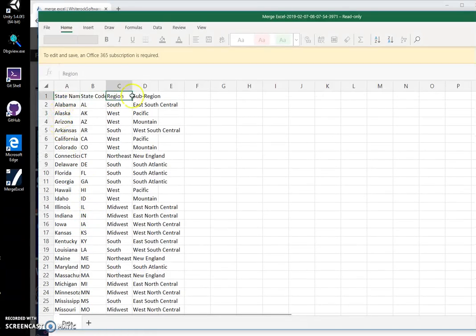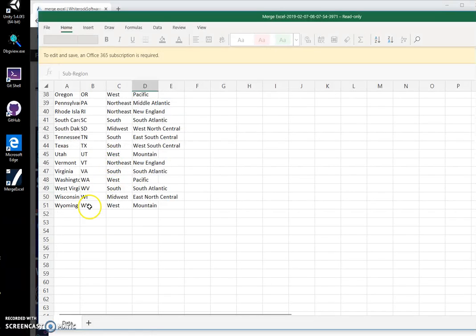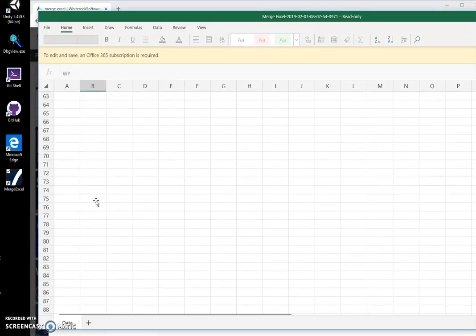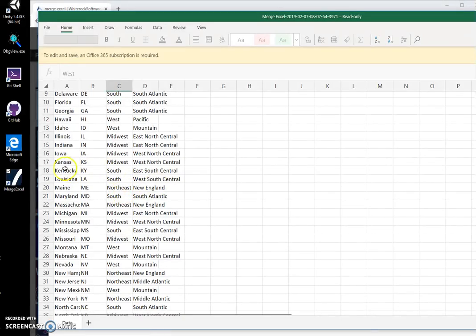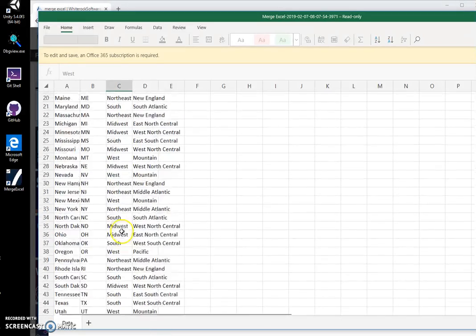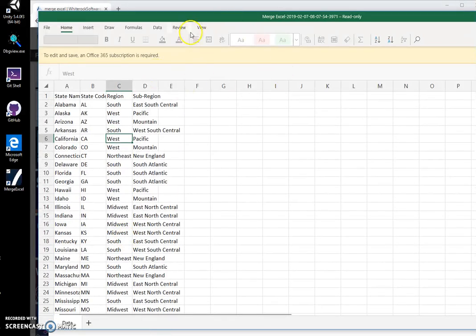All like 50 records. The first record is the name of the columns, and the last record is, and all the other records are 50 United States dates. And yeah, so everything was joined, and I got my final Excel